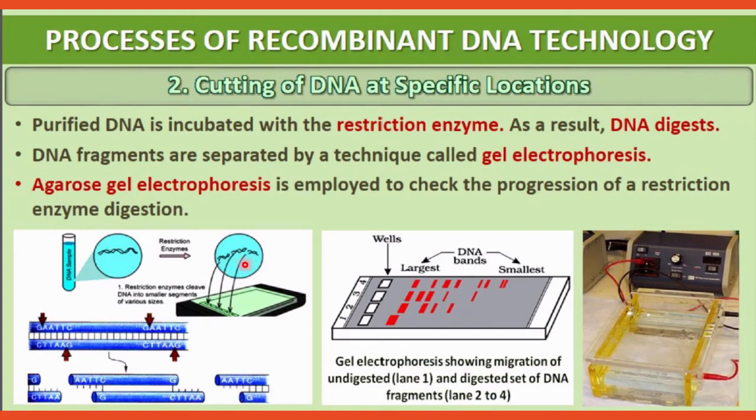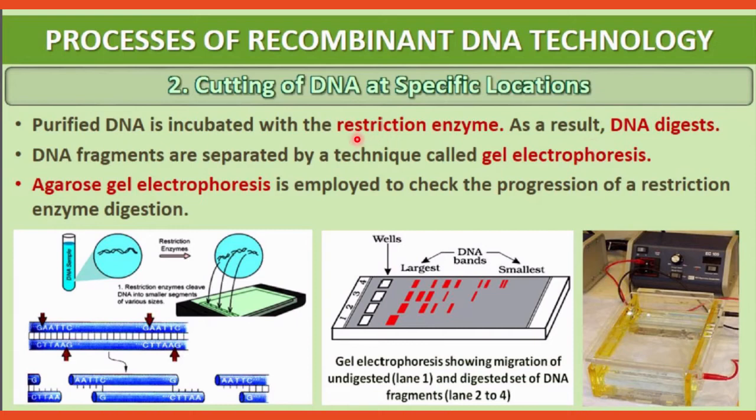According to the restriction sites or recognition sites present on the DNA, palindromic sequences may be there. According to the palindromic sequence present on the DNA strand, the restriction enzyme will cut the DNA. So now in the test tube you will have fragments of DNA of different sizes and molecular weights. After that you have to proceed further with gel electrophoresis.